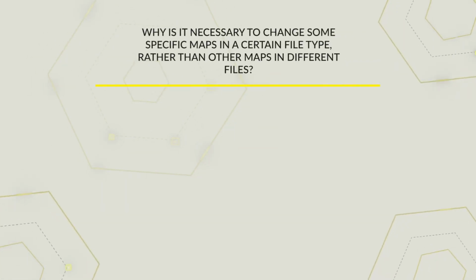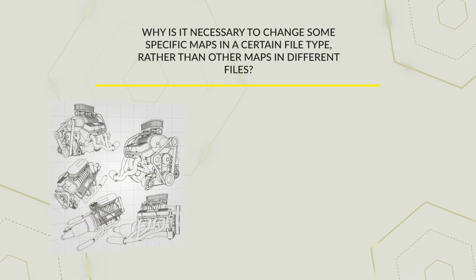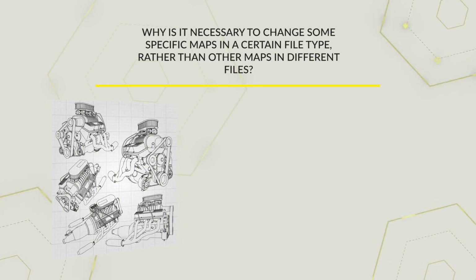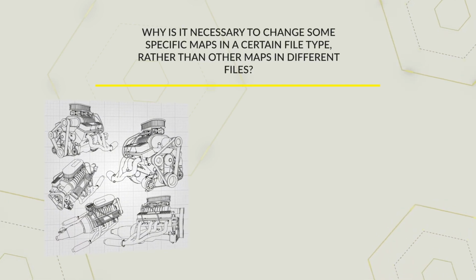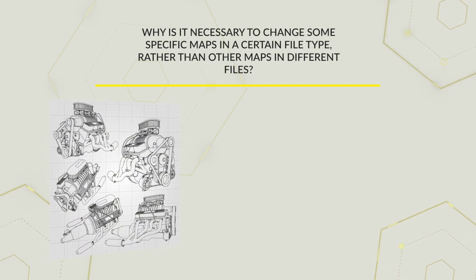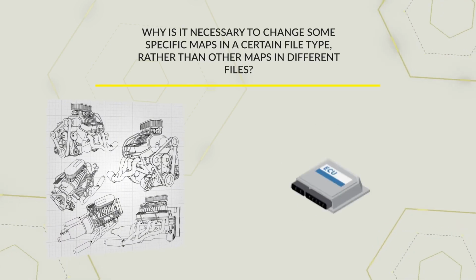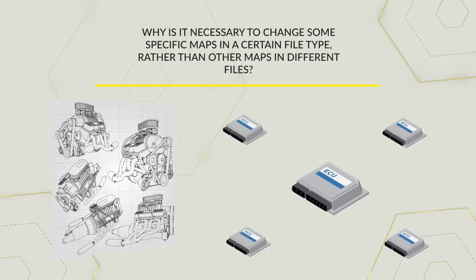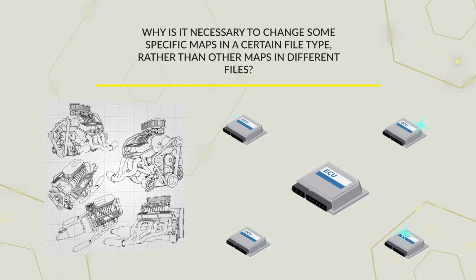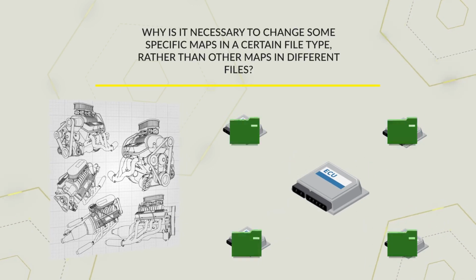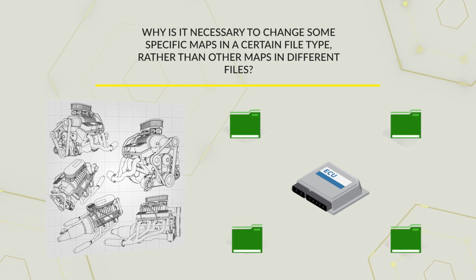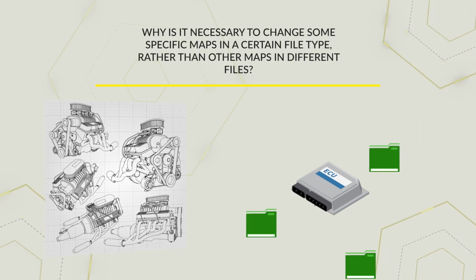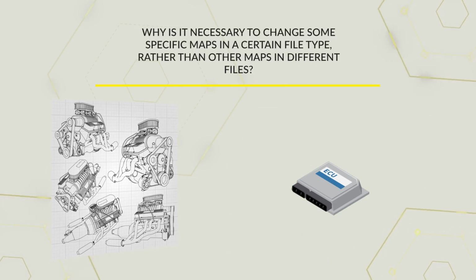Given the concepts seen above, let's see why it is necessary to change some specific maps in a certain type of file that have maps that are very similar to each other, rather than other maps in different files. By now, we know that the manufacturer very often uses the same control unit for a new engine design, but based on various conditions, it can keep the same engine but replace the control unit that controls it, thus varying